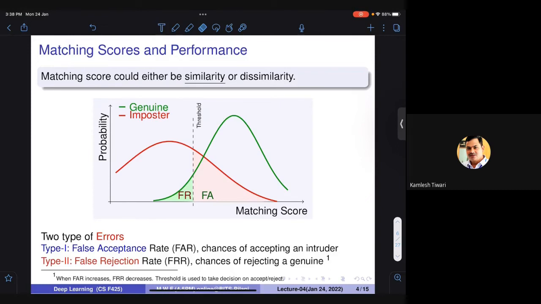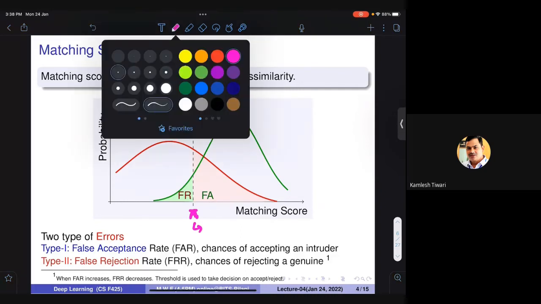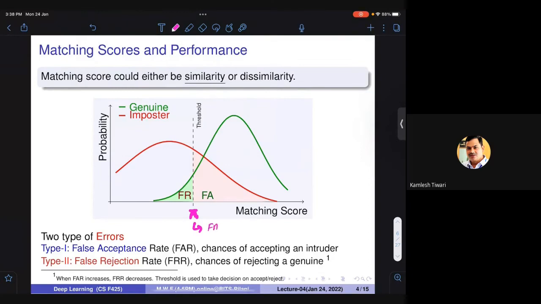Now let me tell you once again. Please be with me. This is the threshold that I'm going to use. On this threshold, I can find out what the false acceptance rate is, because you know how many total things are possible there, so you can divide and find out the rate also. So if I ask you what is the false acceptance rate, FAR, and what is the false rejection rate on this threshold,